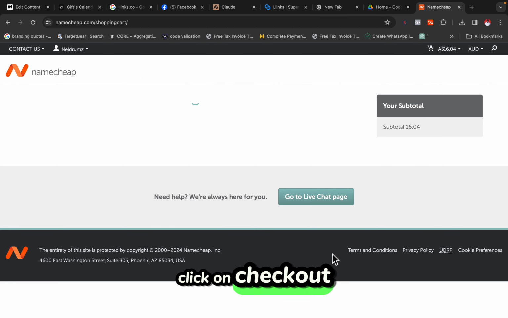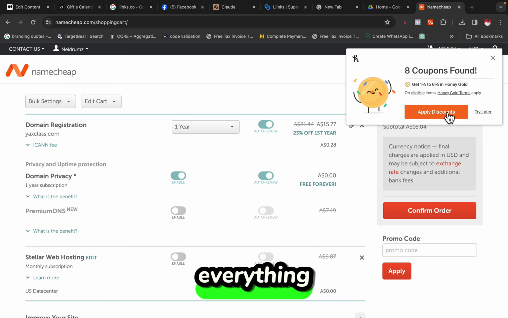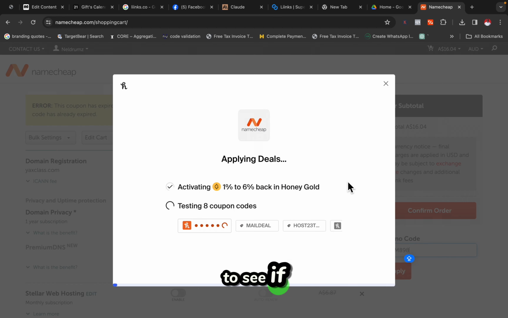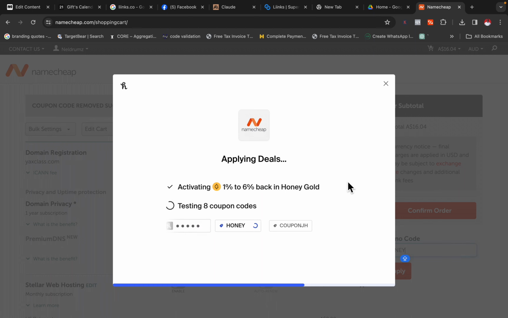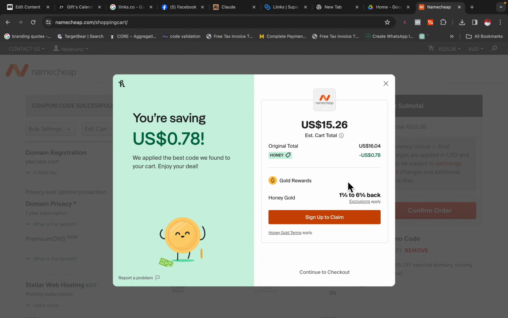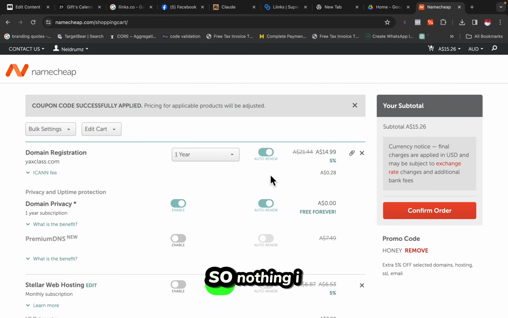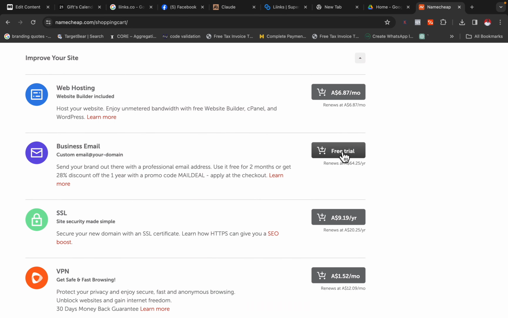Click on checkout. So this is the subtotal of everything. Let me just try to apply this discount code to see if I'll get a discount for it. Same thing, nothing else. So another thing I can choose to add is a business